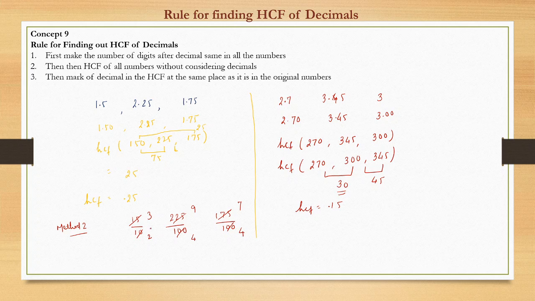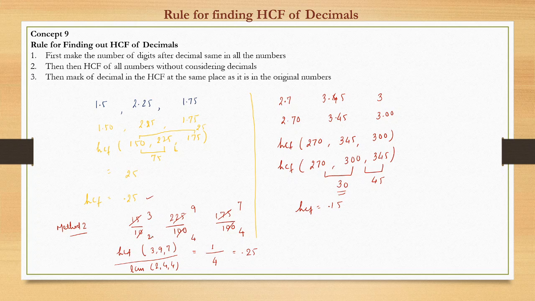Okay, so now the HCF would be HCF of 3, 9 and 7, over LCM of 2, 4 and 4. For the HCF of 3, 9, 7, 3 and 7 are prime numbers, so it has to be 1 itself, right? And for 2, 4, 4, the LCM is 4, so 1 by 4, that is equal to 0.25. Same as what we got using the decimal approach. So any method we can take. Now you can check back at your end.